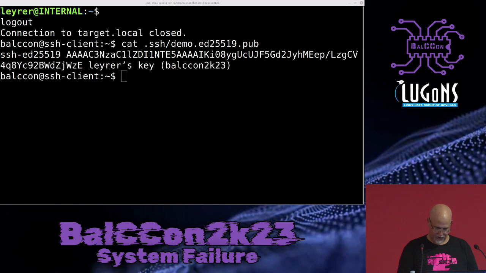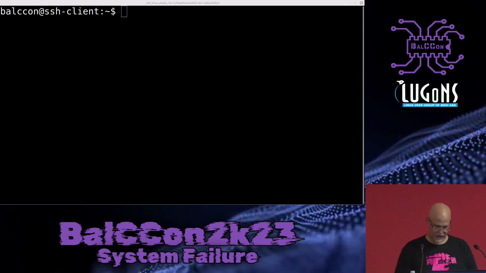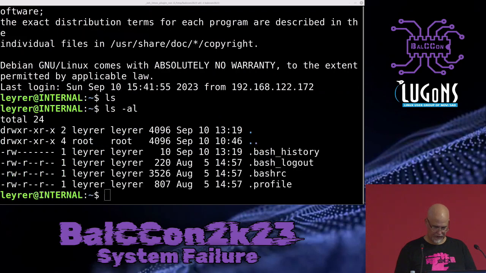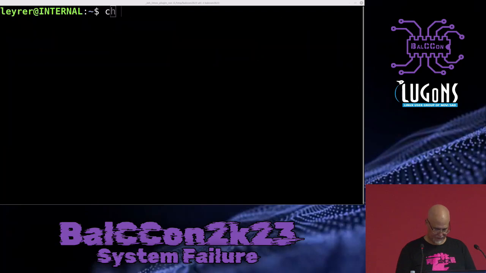Only problem here is with copy pasting with the demo setup I have here. So let's see if this works. This should work. So you could do a copy ID as well, yeah. I just want to do the copy and paste stuff as well, so I've shown you this as well. So if I SSH into internal, it asks me for my password,